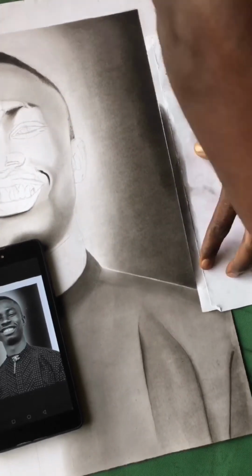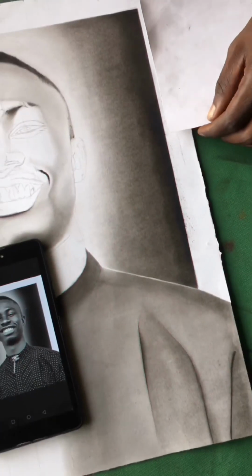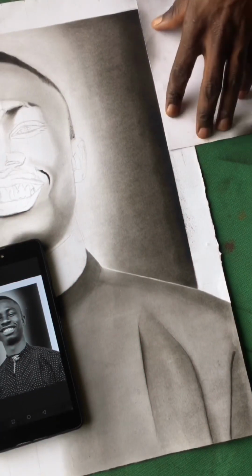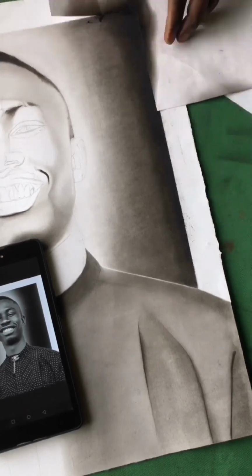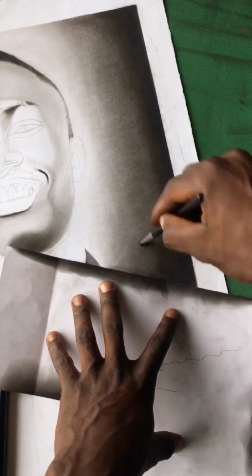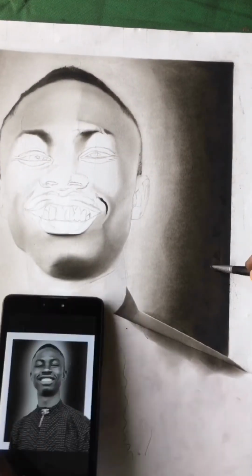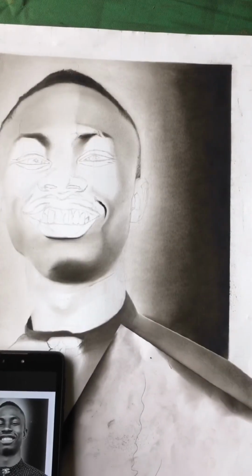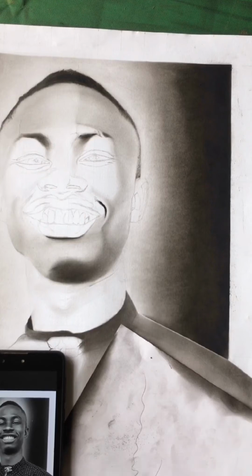But with your brush you can easily blend without scattering the powder to different areas. So here you see me using the brush to press in to get those edges as dark as possible. I can't use a beauty blender to get very dark values. So for the darker areas, I make use of the brush, and a beauty blender for the lighter areas,